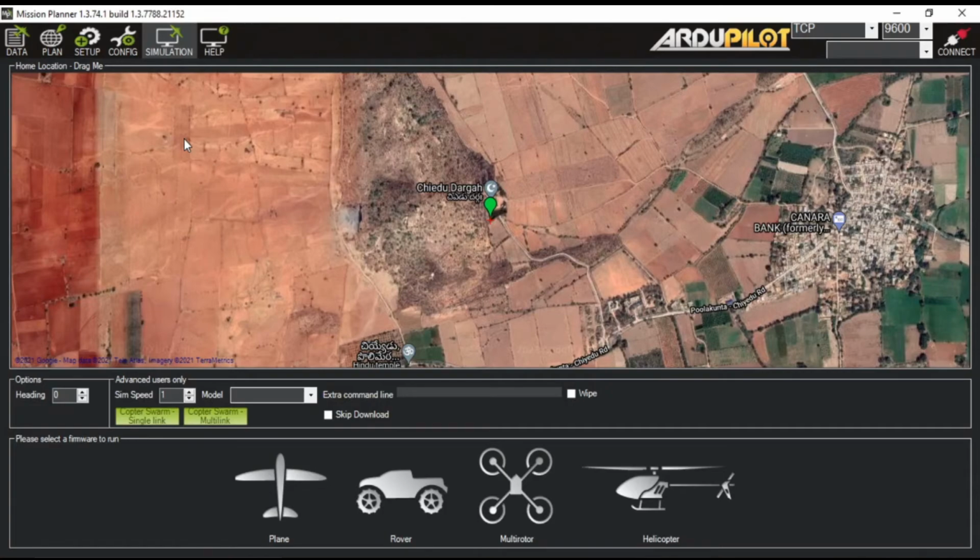As I mentioned earlier, this is a very powerful software and there are many things which you can do with it. So what exactly is this simulation window? Remember we talked about SITL, which is basically software in the loop. If you forget, then refer back to the first video. But for now, just think of it as a flight dynamics model. From this window, we can launch the SITL of these vehicles, which are visible here, and then it will automatically connect to the ground control station, and then your virtual drone is ready to fly. So this simulation helps you to simulate every possible situation you can think of before doing the actual flight.